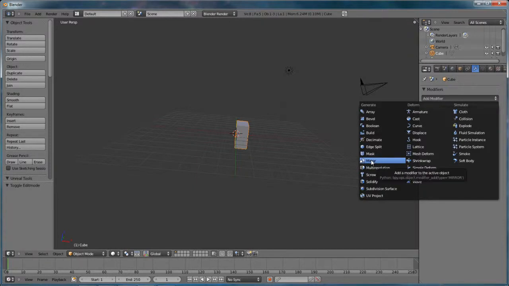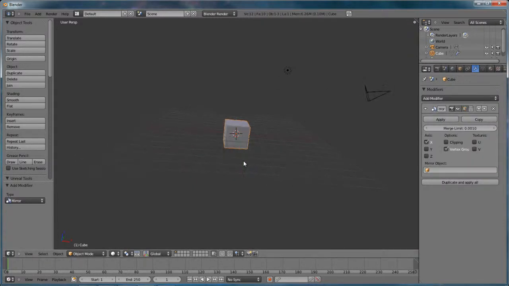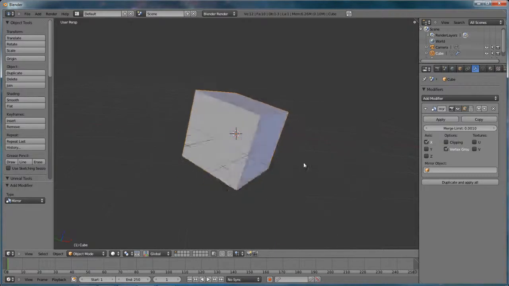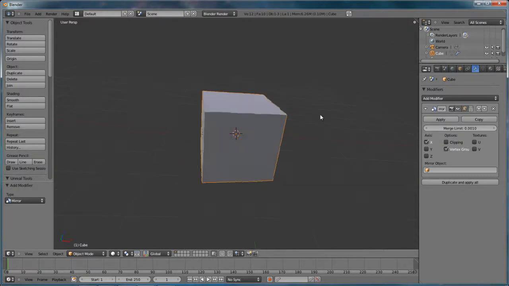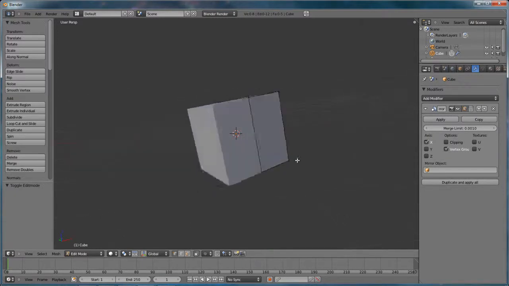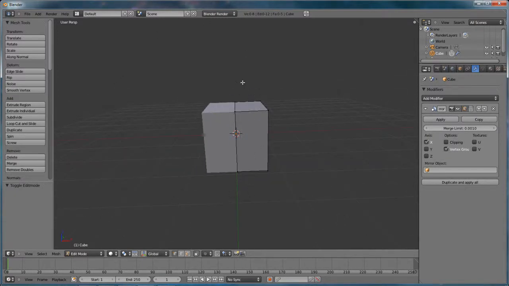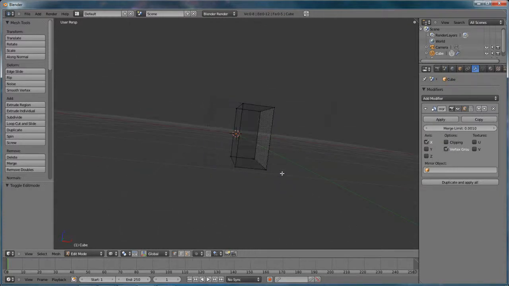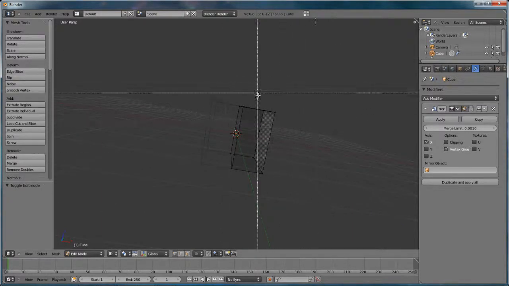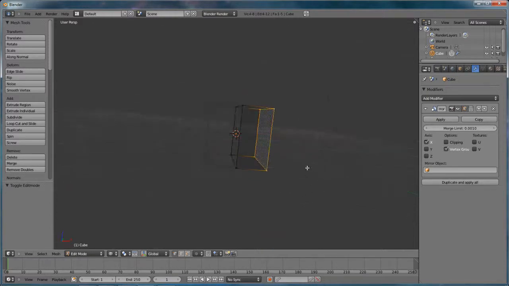So now you want to add the mirror modifier, and as you can see, instantly a full cube once again. No vertices in the middle, in object mode. Now once you jump to edit mode, you will not be able to edit the left side of the object by itself. But the good thing is, if you jump into wireframe mode, grab your box selection tool and grab any vertices on the right side of the y-axis, you can grab them and move them around